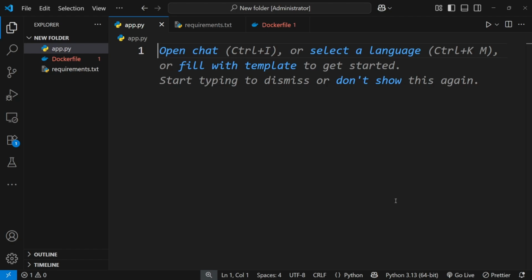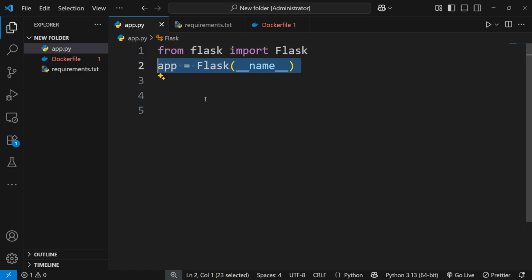Want to Dockerize our Flask app? Let's go. So first we create one folder with a file named app.py, and we import the Flask